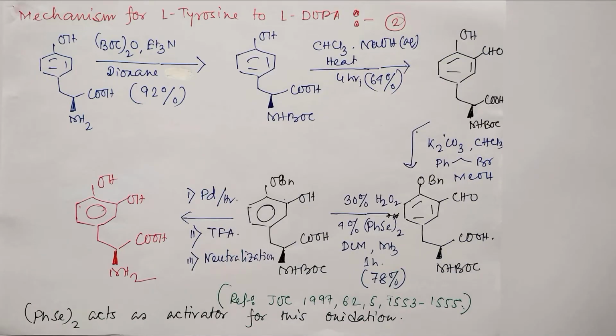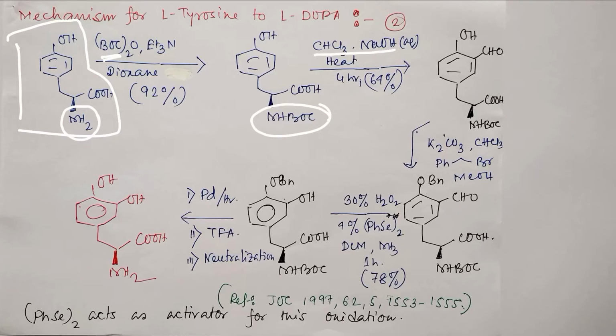Now the second method, let's discuss. In this case it is also from tyrosine. First of all, it is Boc protected. Remember, Boc protection means it selectively blocks the NH2. So NH-Boc, fine. Now after that what happens? Chloroform, aqueous sodium hydroxide and heat. What is this condition? This is actually